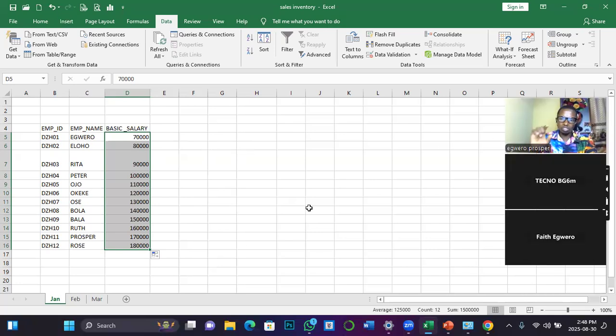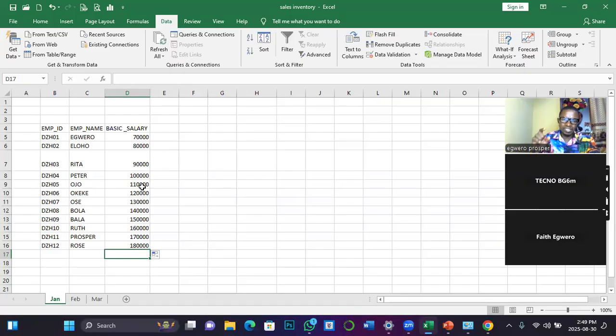Okay, now we are going to do a calculation. Let's assume that the company wants you to calculate the total salary, the total cost of paying all this staff, and the answer is to be computed, let's say we want to put it here. Now we are going to use an Excel inbuilt function called SUM. Now, this SUM is not a conditional summing function. It's simply a general summation function. It is a function you use when you want to add everything either in a column or row.